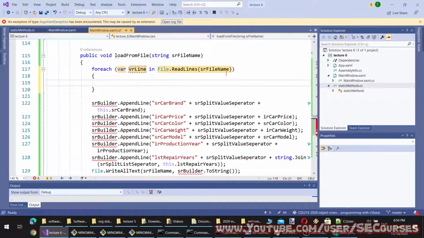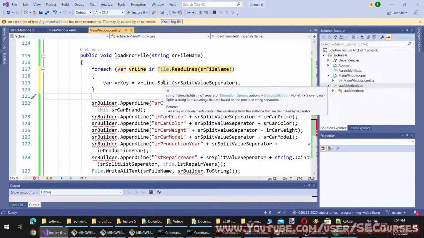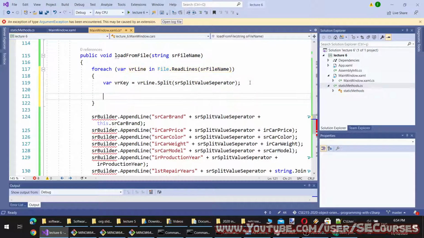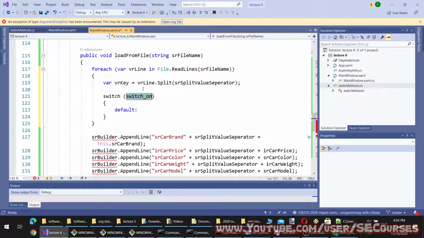Then we will split the line like this. How? The key will be vr line split with which value? Value separator. Currently, the split method doesn't have it, it has string, because we are using .NET Core, and now we are going to use switch.